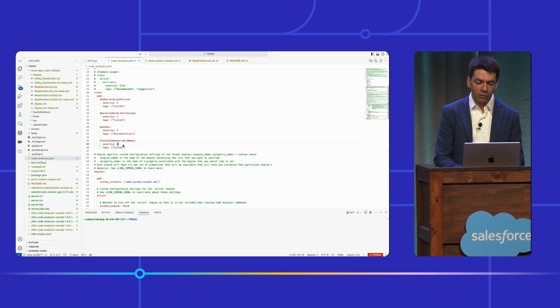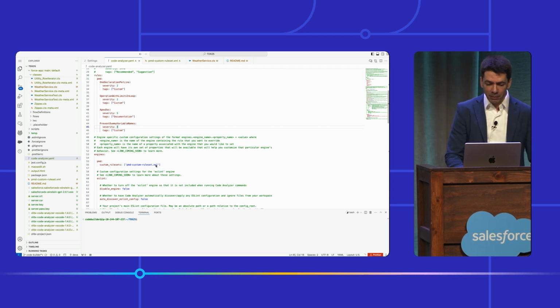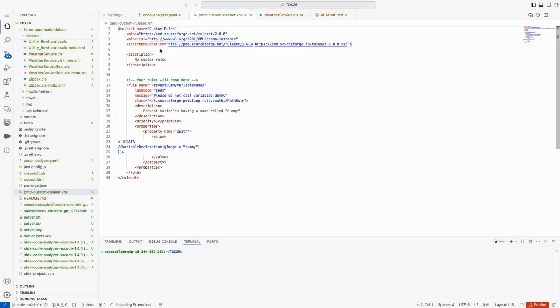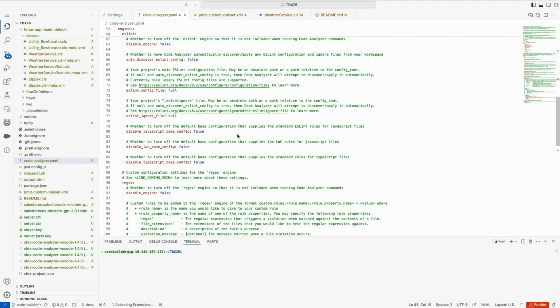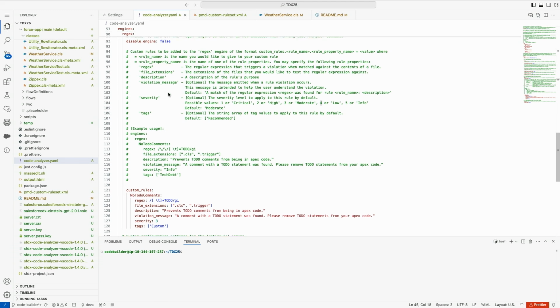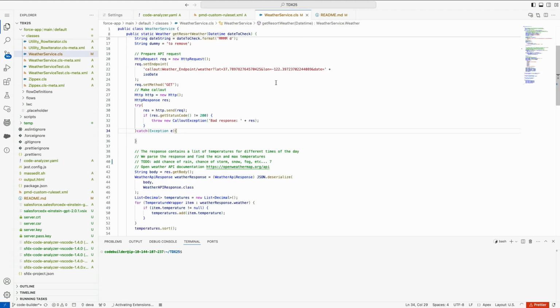The way I've added this rule was by adding a new PMD custom rule set using an XML file that I also defined here in my YAML file, right? If I open the XML file here, you see this is an XML definition of a rule for PMD that is looking for variables with the name dummy. Okay, that's all good. Let me keep scrolling down, and you'll see that I also have some other stuff. In the regex section of my YAML file, I've also added a custom rule that is looking for to-do comments in my code. If I go here to my weather service class that I'm working on to power